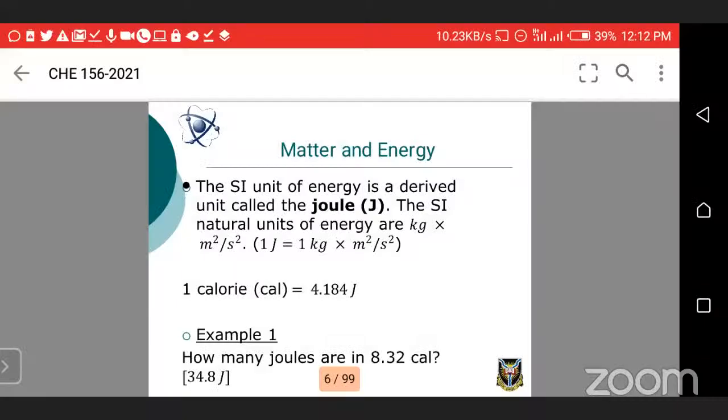It is 4.184 joules to make 1 calorie. So if you have 8.32 calories,